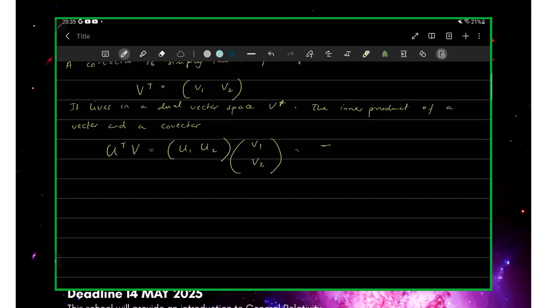And this would give you the summation, which goes from i=1 to 2 of u_i v_i, which would live in the real number space. Okay, so basically what this tells you is that when you have an inner product between a vector and a covector, it essentially gives you a number, a real number. Okay, now furthermore,